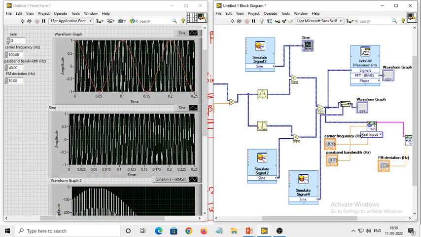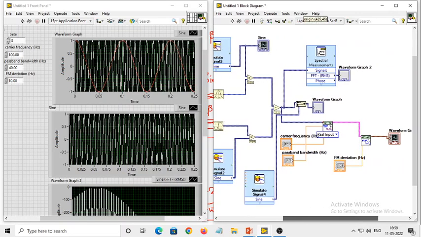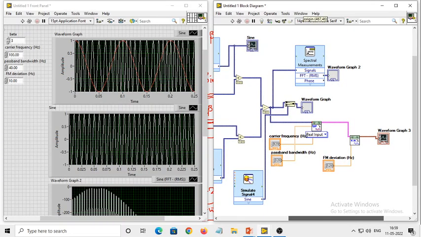Okay, so you can see that at minimum amplitude, that is -1, we are having the least frequency. So this way you can plot both the waveforms, that is message and the modulated signal, and you can see the variations, how the amplitude is impacting the carrier frequency. Okay, I hope you understood how to build the block diagram for the generation and demodulation of